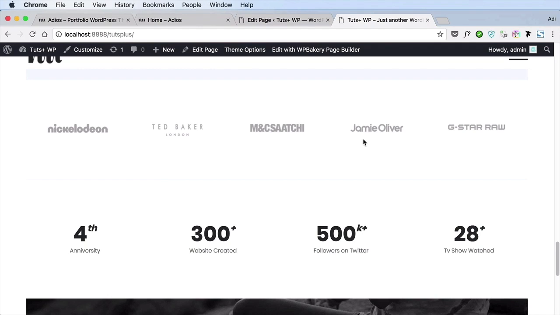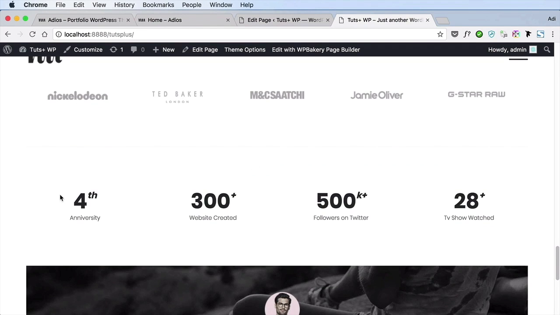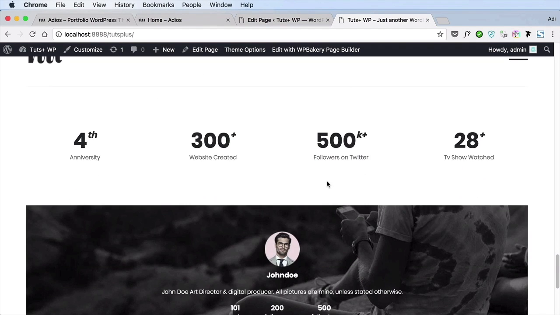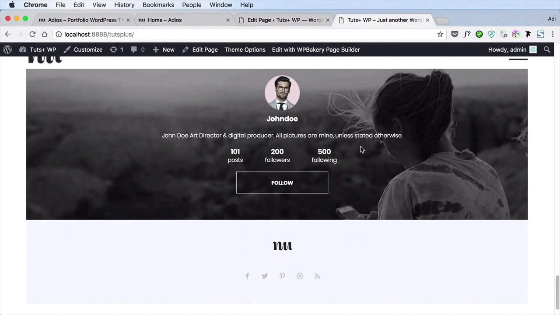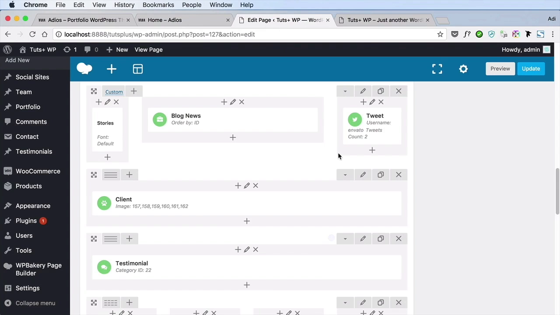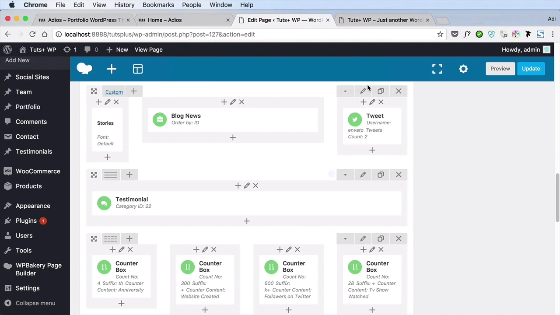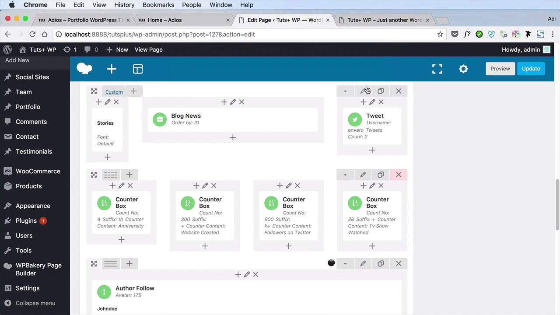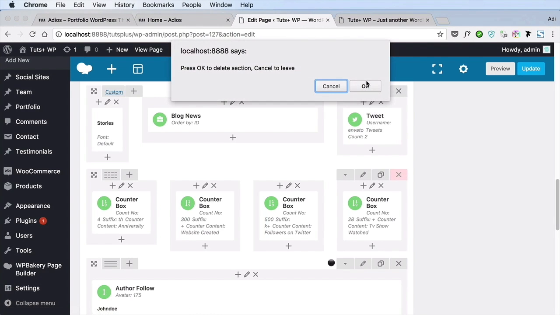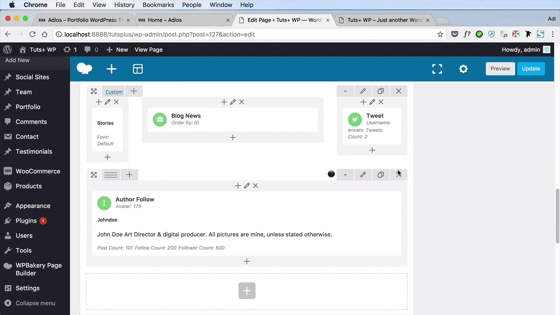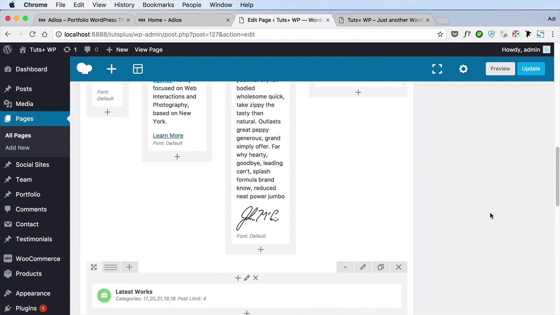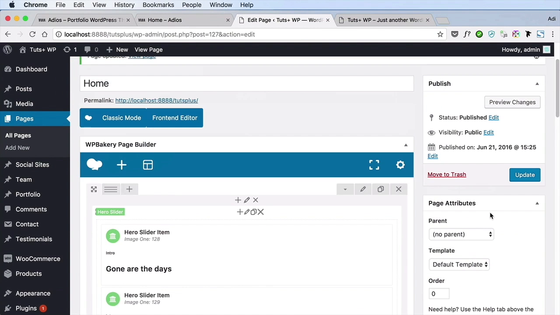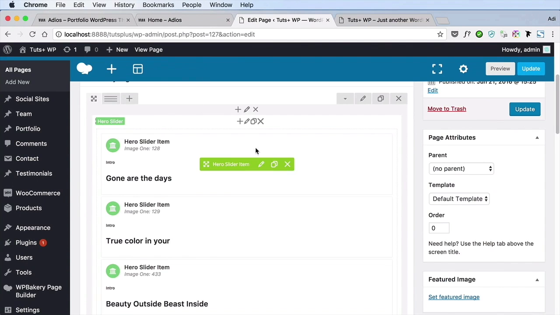And then what else is after those pricing tables. We have these clients, and then we have this section with the statistics, which I don't need, and I also do not want this right here. So we're aiming for a very simple home page. We're going to delete this row, and then this row with the testimonials, and then this one with the counter box, and also this one. Okay, so all we're left with in our home page is the hero slider,